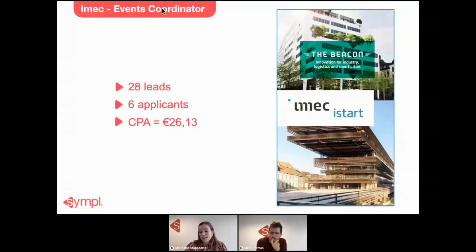Like we already said, we're in the beginning of TikTok recruitment, and we're doing lots of experiments to see what is working best. But sometimes the cost per application is higher than we expected. But then again, 26 euro is not that bad as well. No, I think maybe it's just because there's a lot of questions coming in.